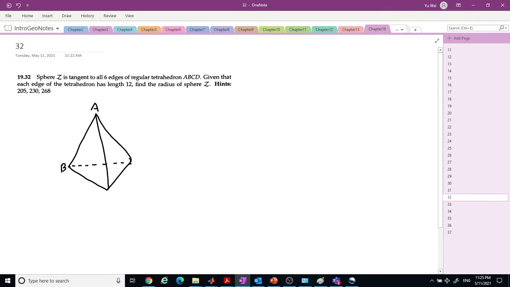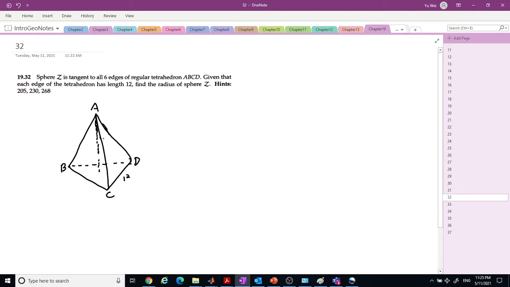This is a regular tetrahedron ABCD, right? The sphere is tangent to all the edges, and the side length is 12. Now let's see. For a regular tetrahedron, by symmetry, you have equal distance to all the edges